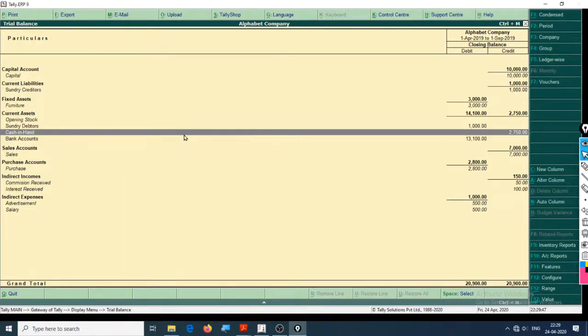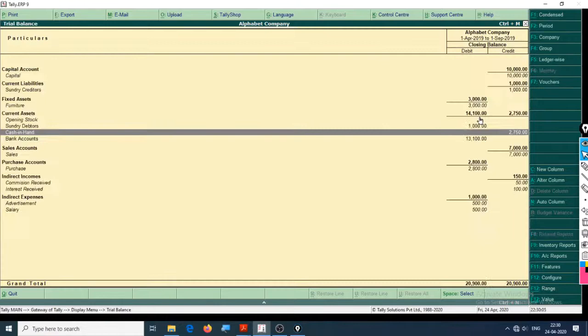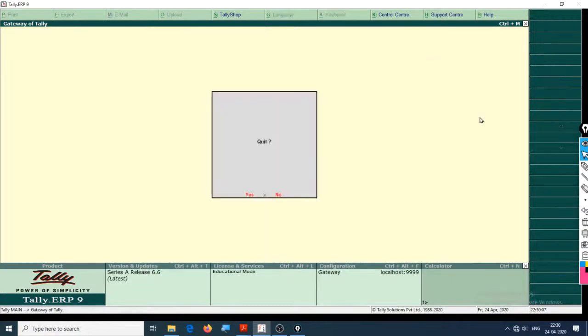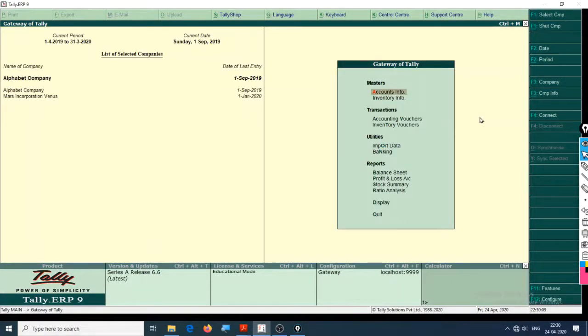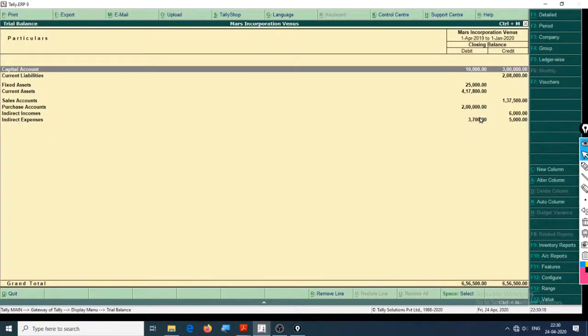So let's check this account. Why does it have a credit balance? Because 17,050 was received and 19,800 was paid back. So it's basically impossible, and that is why this is a credit balance. So this needs to be checked. So this is how a trial balance works. Let's open that company once again. You can directly open that company from the trial balance only. I'll go to trial balance, Alt F1 for detailed ledger.